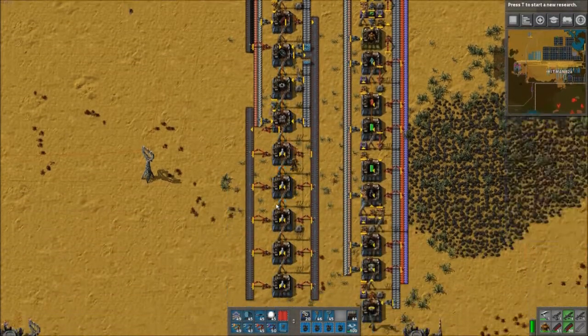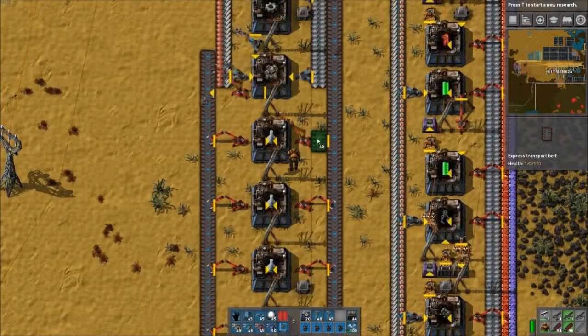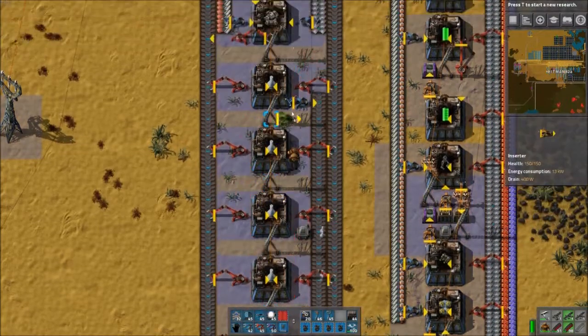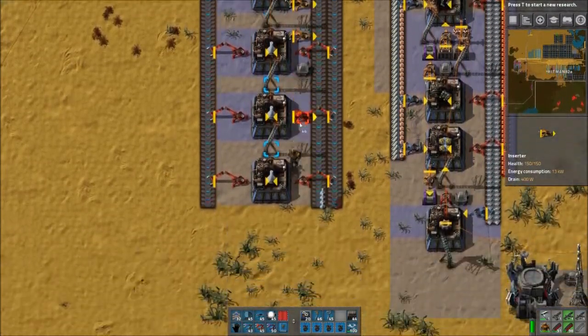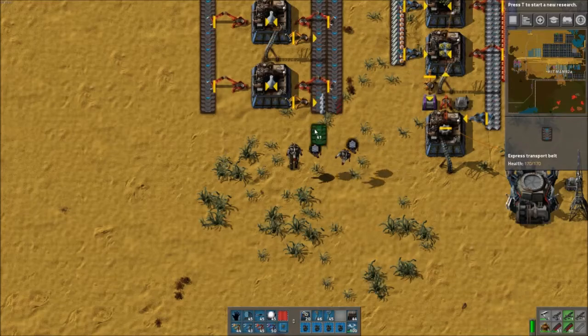Okay, so there we go. That's going to get... Oh, derp. Now I need to output them. So, let's see. We don't need stuff here. So I'll do it this way and output. Oops, I don't need a fast inserter there. Got to save a little bit of power. There. Okay, and once it gets down here,